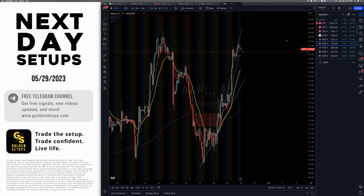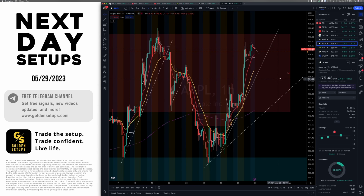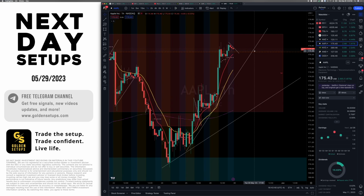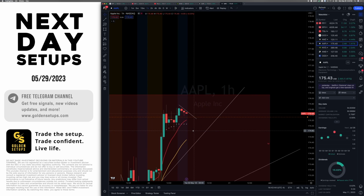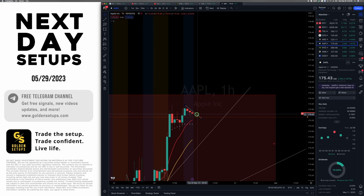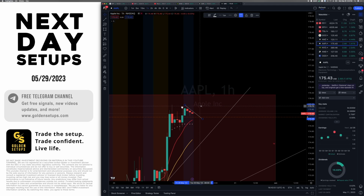Let's check out Apple. Almost done, guys. Does Apple look weak or strong? Apple's powering through this daily supply zone. I gotta say, Apple looks strong right now. I'm watching this trend line here on Apple. All right. I'm gonna actually set an alert on this trend line, because if we break above that, I can definitely see us hitting this target of roughly around